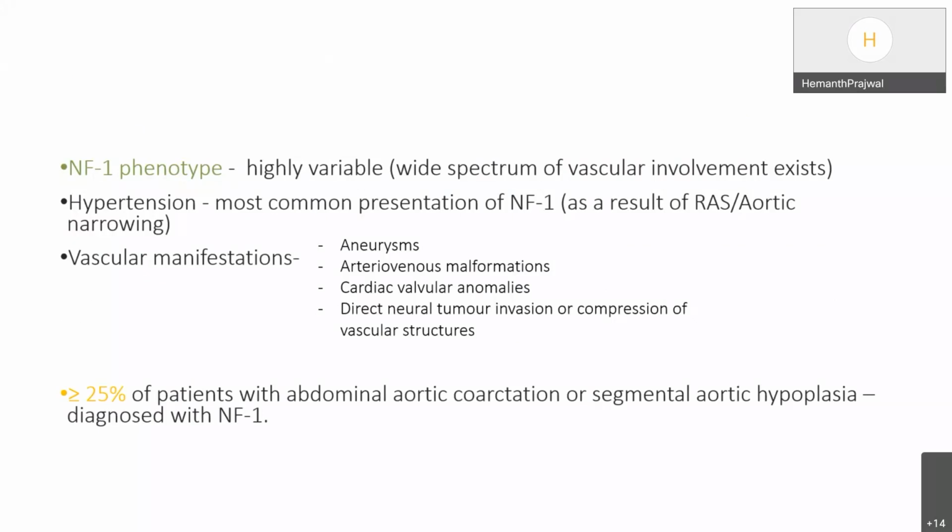It causes other vascular manifestations such as aneurysm, AVMs, cardiac valvular anomalies, direct neural tumor invasion, or compression of vascular structures. Hypertension is the most common presentation of neurofibromatosis type 1 as a result of renal artery stenosis or aortic narrowing. And 25% of patients with abdominal aortic coarctation or segmental hypoplasia will be diagnosed